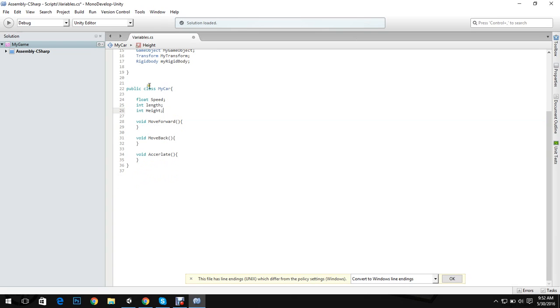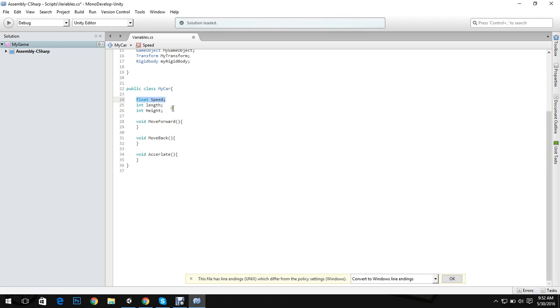We created a class my car, and then we started this curly bracket. Then we specified what properties our car will be having. We are saying that our car will be having a speed